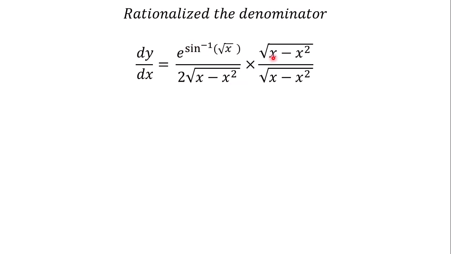So this time this will give us square root of x minus x squared times e raised to the power sine inverse of square root of x, and then 2 times, now this and this are the same, so that will give us the square root of x minus x squared all raised to the power 2. And that 2 will definitely cancel out with the square root sign. So dy over dx is now equal to,